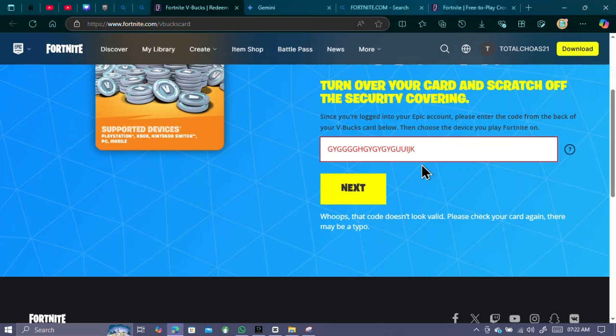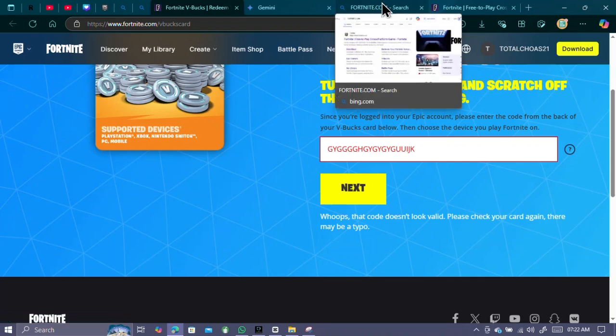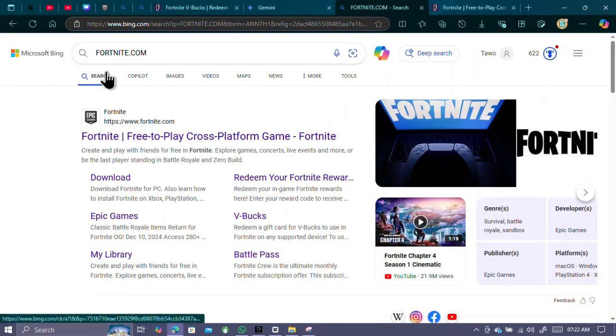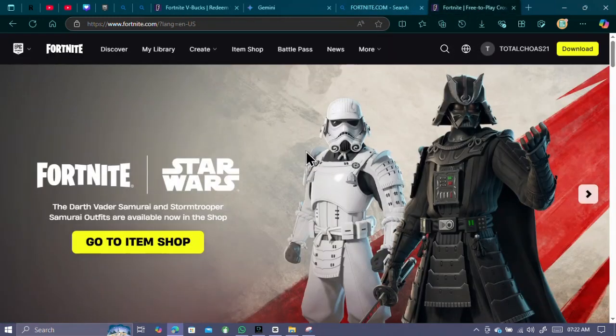So this is the first way you can do it. The second way is to use your Fortnite account, that is www.fortnite.com. Go there and it takes you here. So this is Fortnite.com, and from here you click on this and it will take you to this place, and then